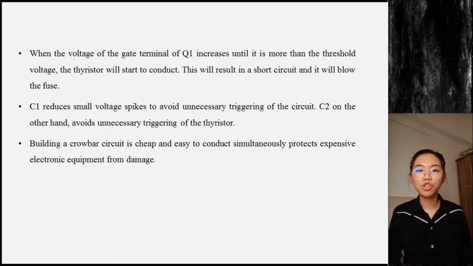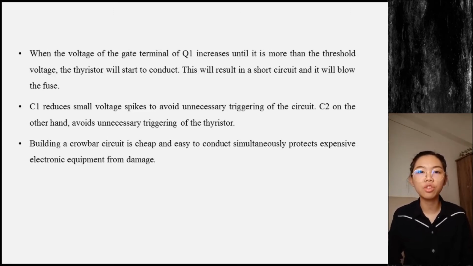When the voltage at the gate terminal of Q1 increases until it reaches more than the threshold voltage, the thyristor will start to conduct. This will result in a short circuit and it will blow the fuse, while the other components such as capacitor 1 will reduce small voltage spikes to avoid unnecessary triggering of the circuit, whereas capacitor 2 avoids unnecessary